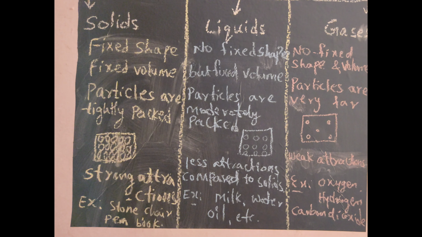Then what is a chemical change? A chemical change is nothing but a new substance is formed. For example, rusting of iron. If you take iron and leave it outside for some days, it is going to rust. Then it is going to form iron oxide. That iron oxide is a new substance. It's a chemical change. Again, we cannot get the iron back from it, right? So there are two types of changes: physical change and chemical change. This we also understood.